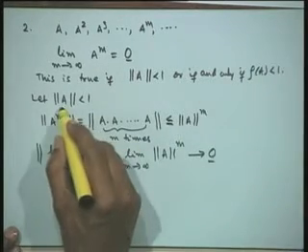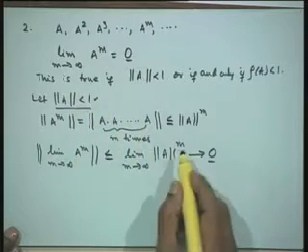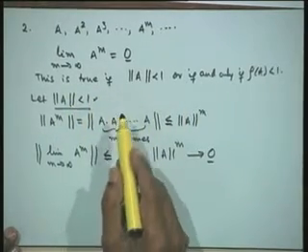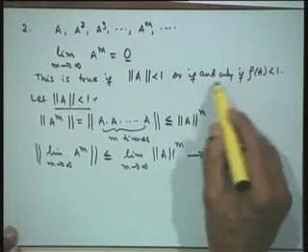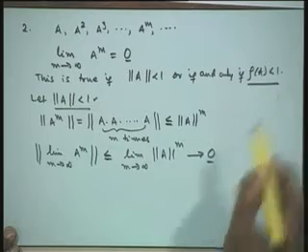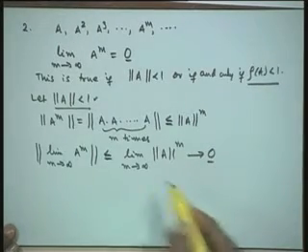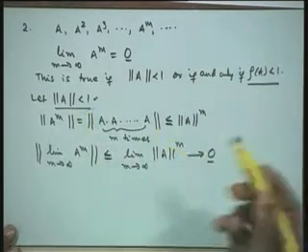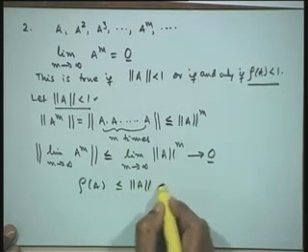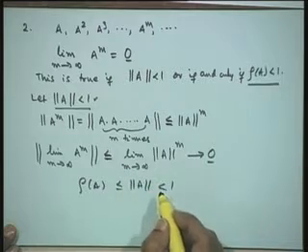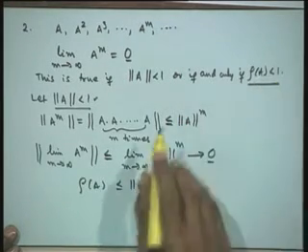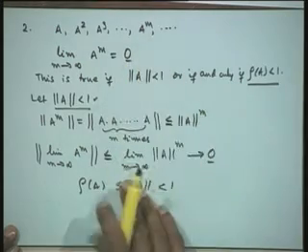Therefore the required condition is that norm of A should be less than 1, and because norm of A is greater than or equal to spectral radius of A, we will have the condition that it's only if. So we have spectral radius is less than or equal to norm of A, which is less than 1. So that's the result we have. But here we strictly require spectral radius of A less than 1. Then it would always converge to a null matrix.